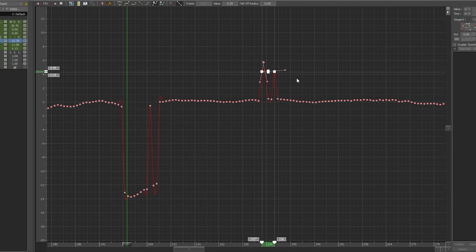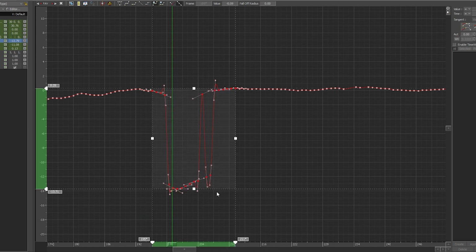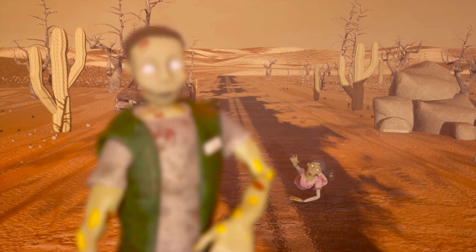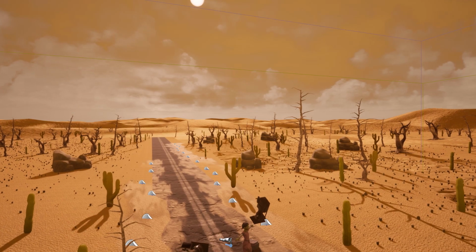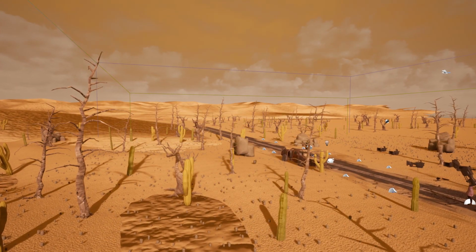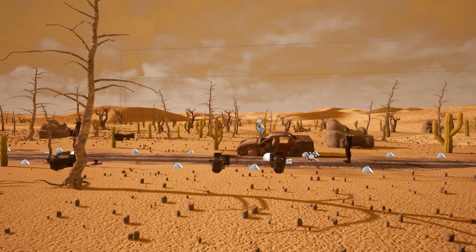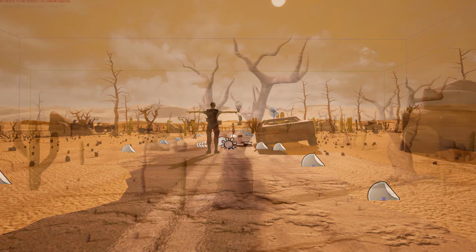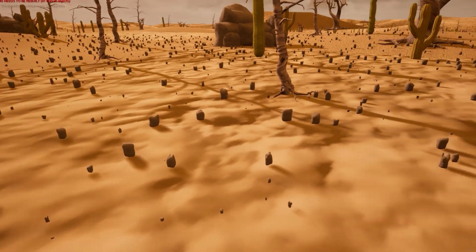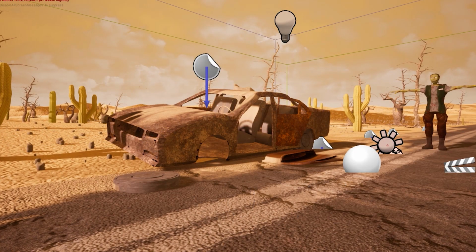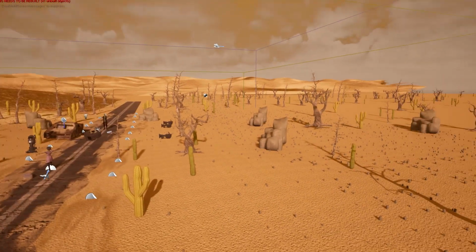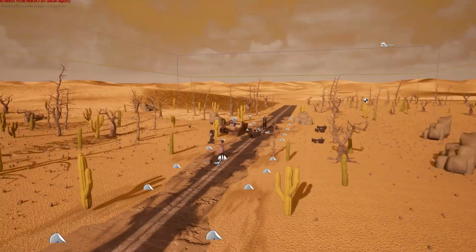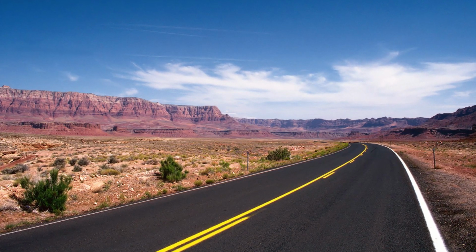Virtually no cleanup was required for Earl, which was a huge relief on my schedule and gave us more time to work on other sections of the project. The environment was by far the biggest challenge that I definitely underestimated. It was a huge task that required so many components: trees, rocks, so many rocks, cacti, and ambient objects such as the rundown car, all of which put together creates this desert that I'm still not even sure where it's set. My reference was the Mojave Desert, so we're just going to say the Mojave Desert.